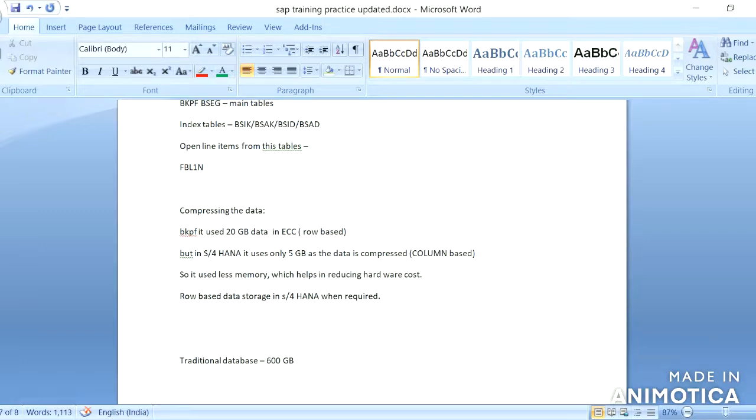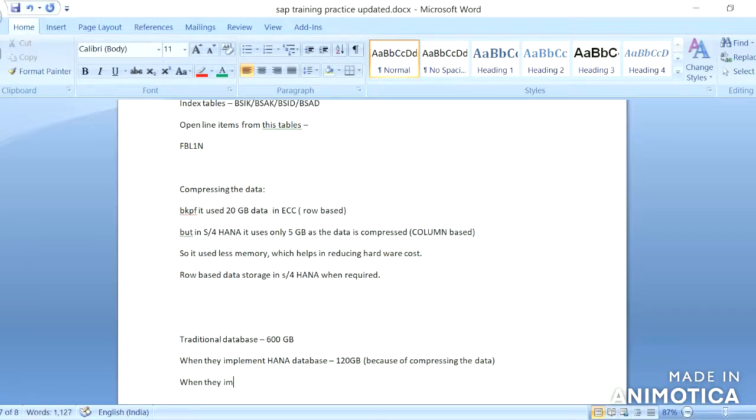Then when they implemented the HANA database, it was reduced to 120 GB because of compressing the data.